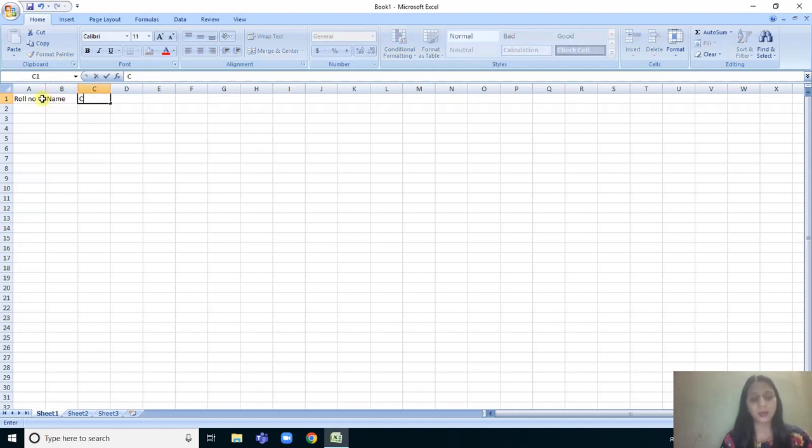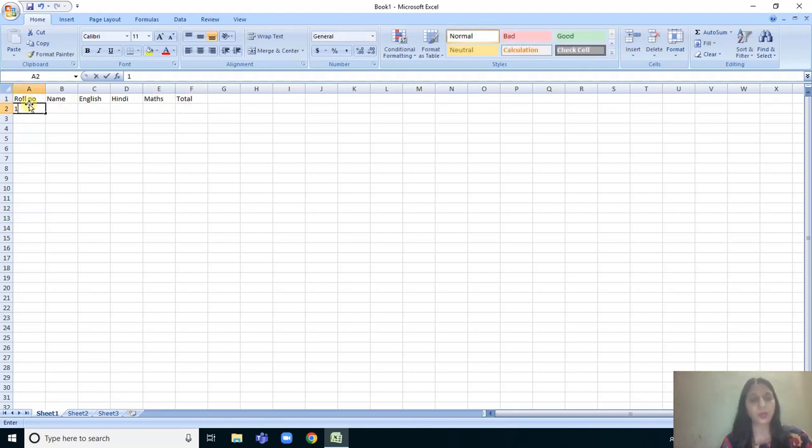Again press Tab, then write English, then Tab, then Hindi, then Tab, then Maths. Then Tab again and write Total if total is also needed. So this is the kind of sheet you want to make.